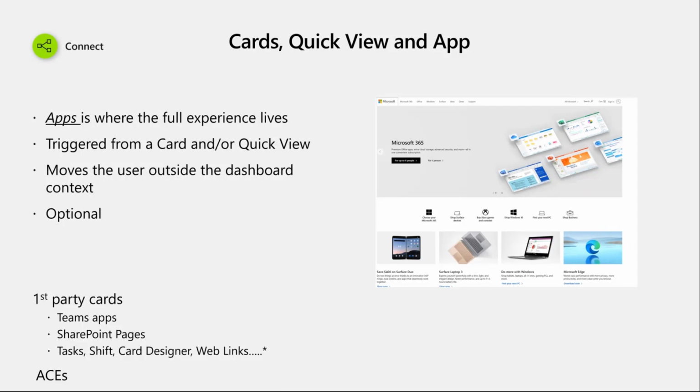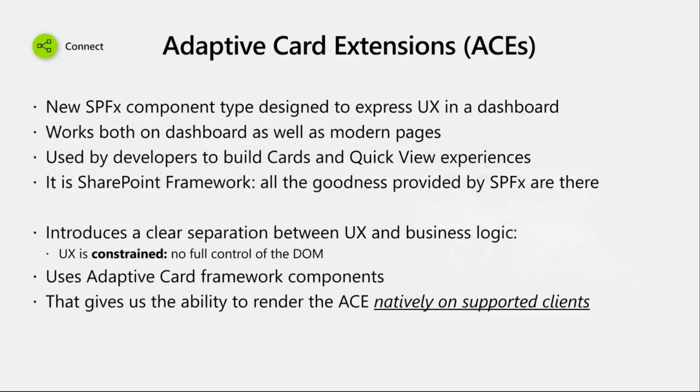So you have full functionality and the ability to create whatever you want here. The way you build these functionalities for Viva Connections as a developer is by using what we call ACEs, or adaptive card extensions, which are a new type of SharePoint framework components. If you are not familiar with what SharePoint framework is,